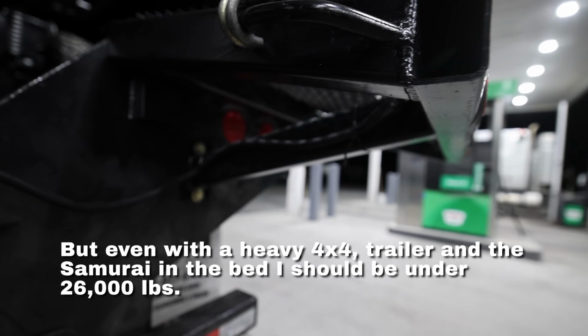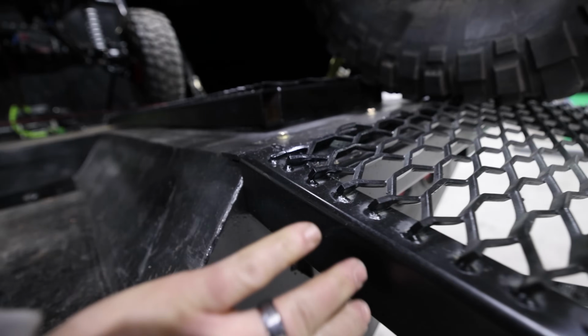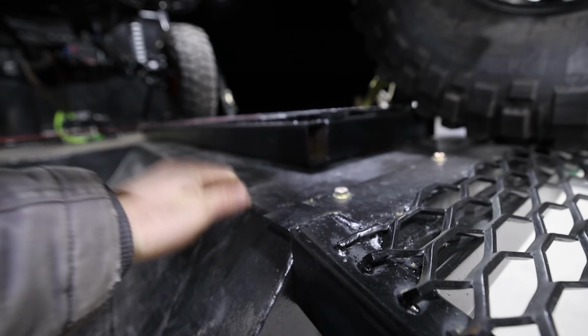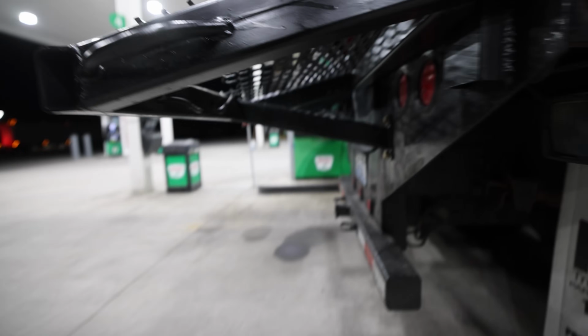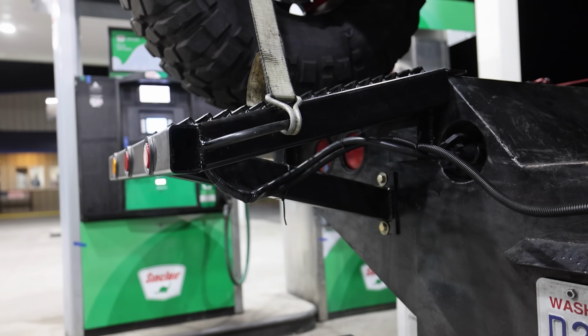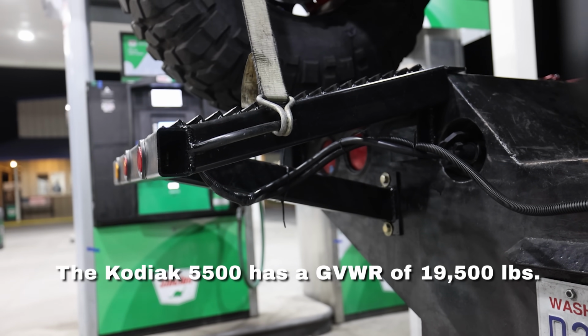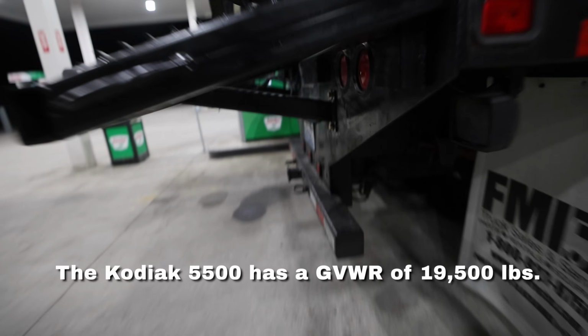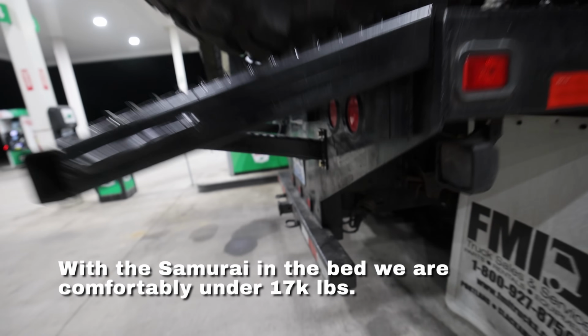And then I have this extra dog leg down here. So this goes into the stake pockets, and then it bolts down onto the top of the bed. That way we're pulling on two surfaces. We're pulling on this really thick top plate, and it's pulling on the back, this really thick back plate. And then this dog leg is just to give it a place to push while it's going up on the ramps. I mean, we're basically on the bed, but I wanted to make sure this was beefy enough that I wouldn't have any issues. So it's pretty much all 1/4 inch. There's some 3/16 in there, but